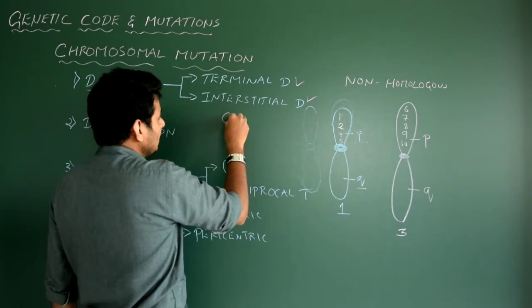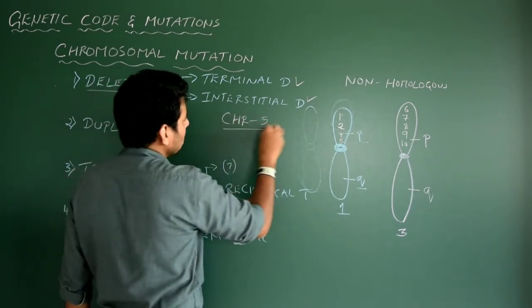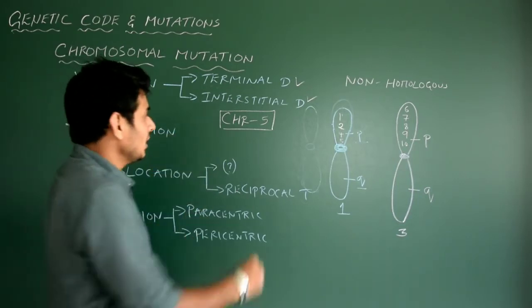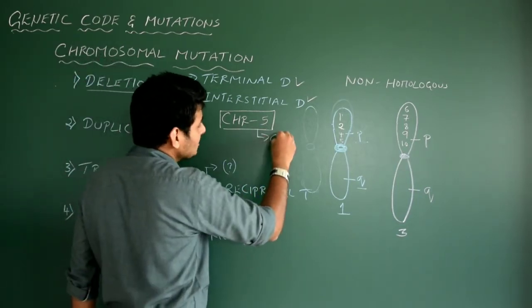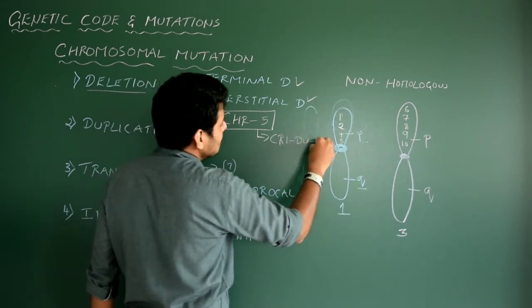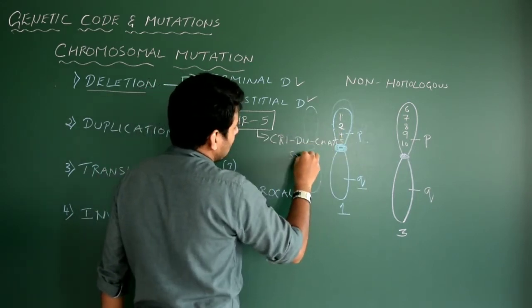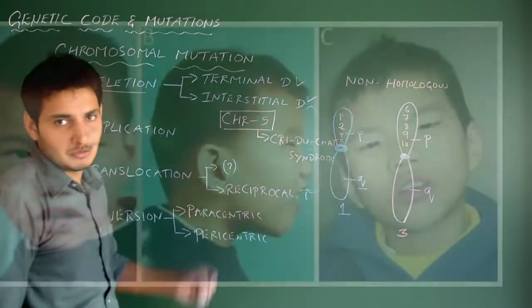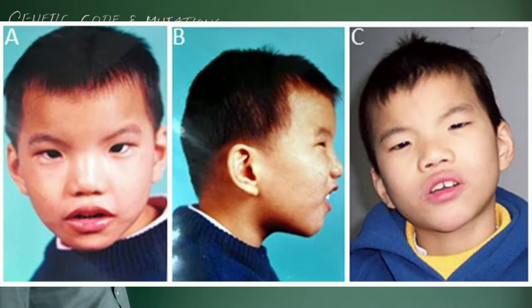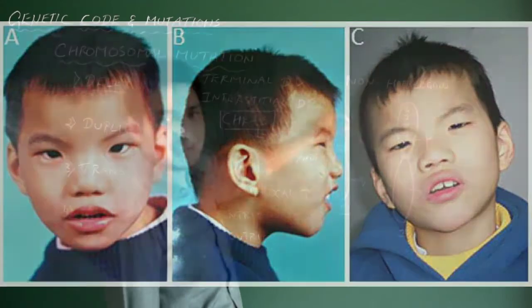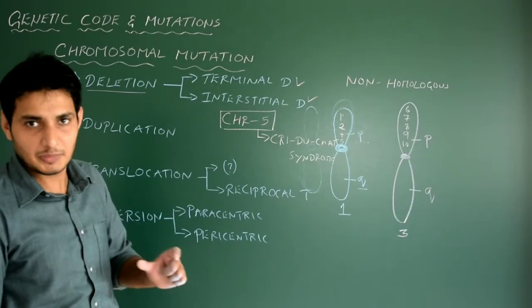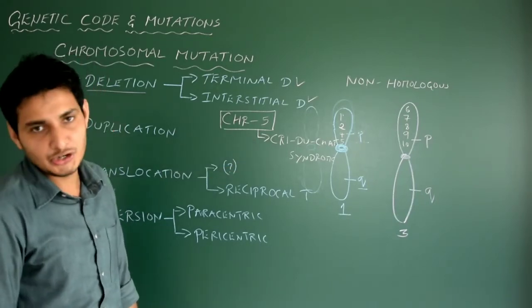Example is in chromosome number 5 of human beings. If an interstitial deletion has occurred, that means some genes are now removed. So that human will suffer from a disease called Cri-du-chat syndrome. You may get this question. I am going to post one picture of a Cri-du-chat syndrome person. That is because of the interstitial deletion of chromosome number 5. In chromosome number 5, in the middle of the chromatid, the genes are now removed. That is because of interstitial deletion of the chromatid. Got it? So that is Cri-du-chat syndrome.